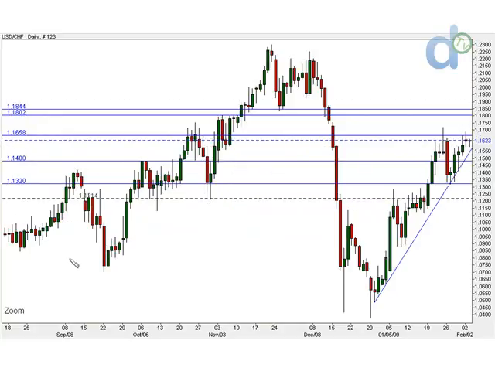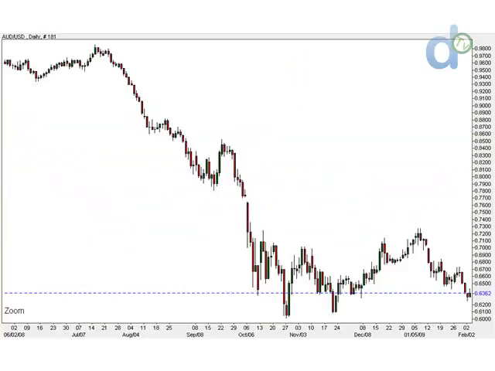Now, the last chart I just want to bring up is the Australian dollar against the US dollar. You can see it here. It's a daily chart as well. Now, last night, the Australian Central Bank reduced their interest rate by a full basis point. They brought it down to 3.25. Now, that was widely expected by the market, and the markets had priced it in. That's why we received this slight rally. You can see it right here.